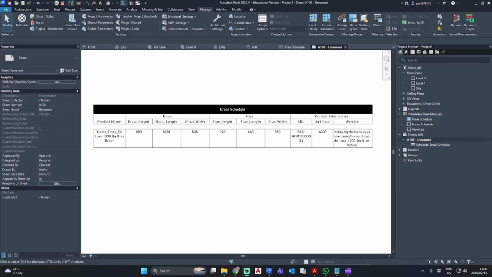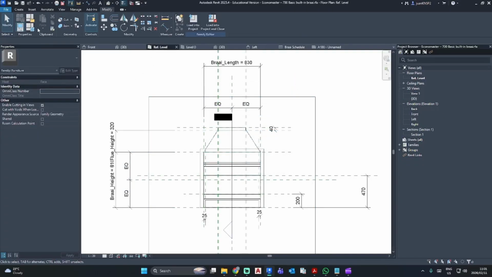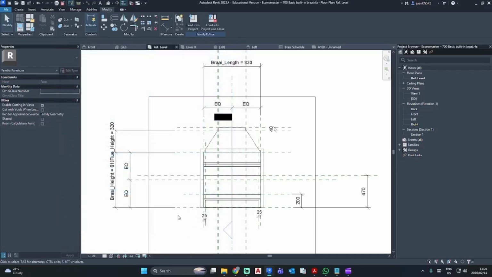Hello, welcome back to the final part of our braais. So now we have created the braais. I have just gone ahead and updated my Excel sheet to include more specifications, and I've added the product name, SKU, the website, and the unit cost so that they update accordingly for procurement documentation